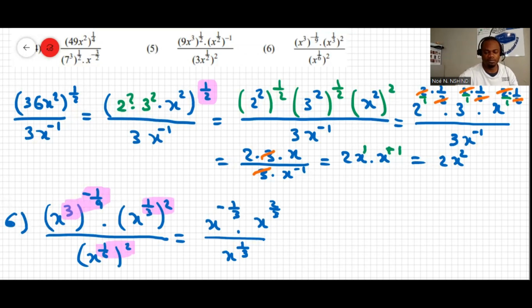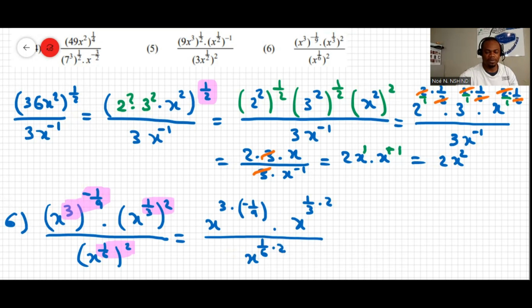Or maybe I need to do all the steps. It's going to be x to the power of 3 multiplied by negative 1 over 9, multiplied by x to the power of 1 over 3 multiplied by 2, all over x to the power of 1 over 6 multiplied by 2. Now, note that here the denominator is 1, over there is 1, there is also 1. Now we can simplify this, it's 3 there, and simplify that, it's 3 there, and then this will be